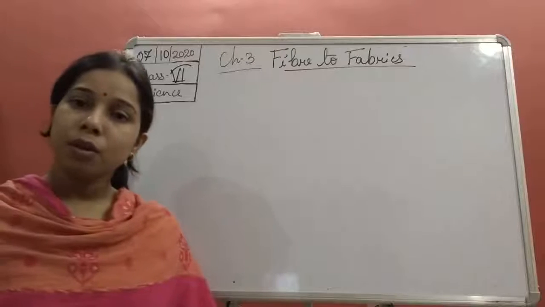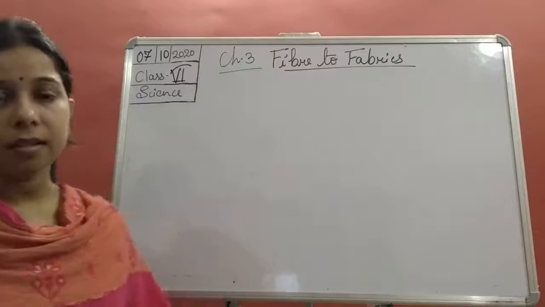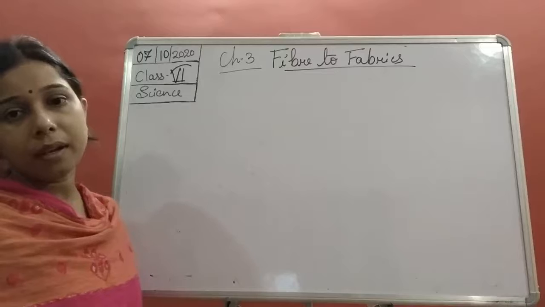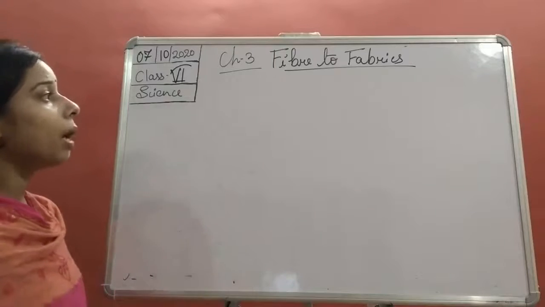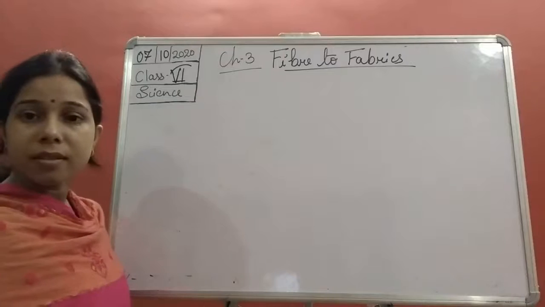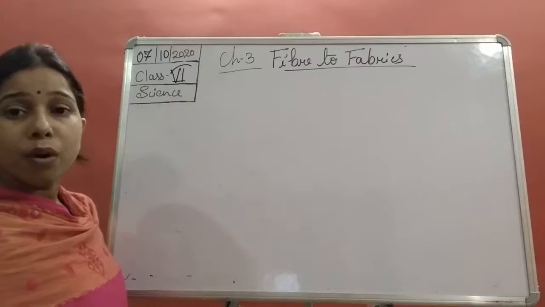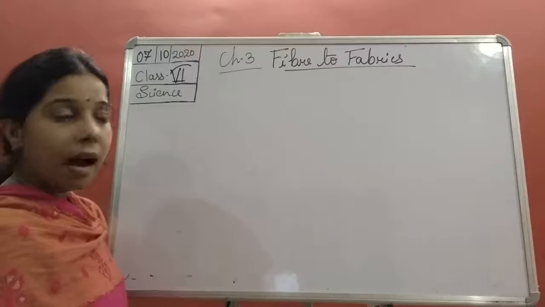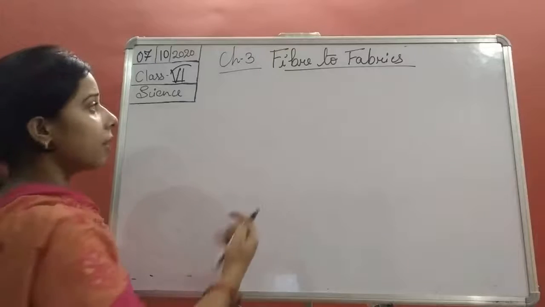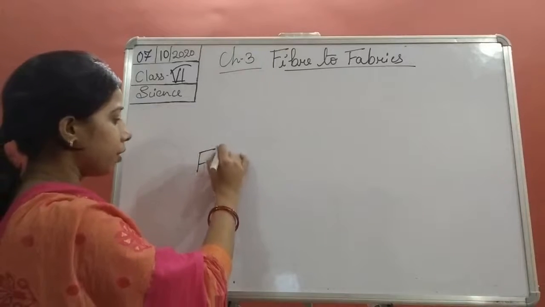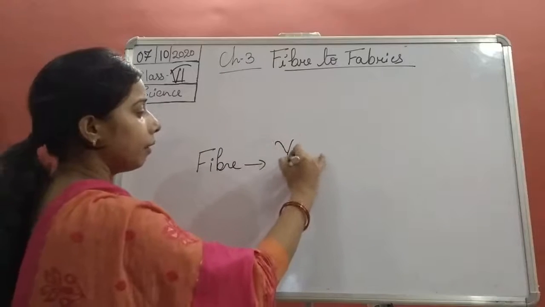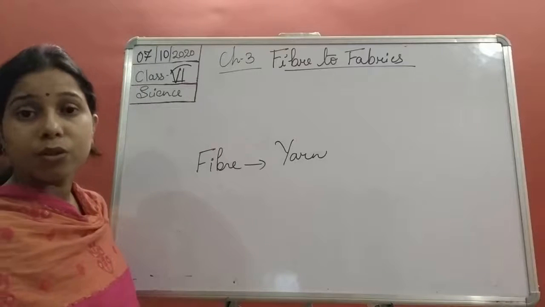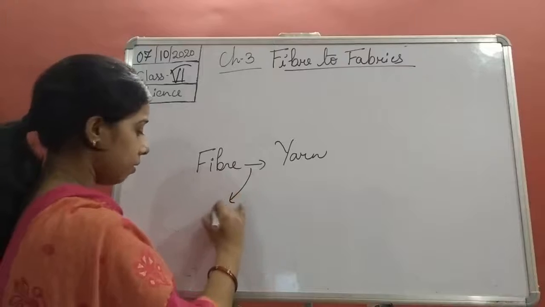Hello students. So till now we had discussed this chapter. We were seeing the chapter again, that is fiber to fabric. And in this chapter students we talk about the fibers. What are fibers? We discussed how the fibers help in forming a fabric, and that this fiber is first of all converted to yarn, and the process of conversion of the fiber to yarn is known as